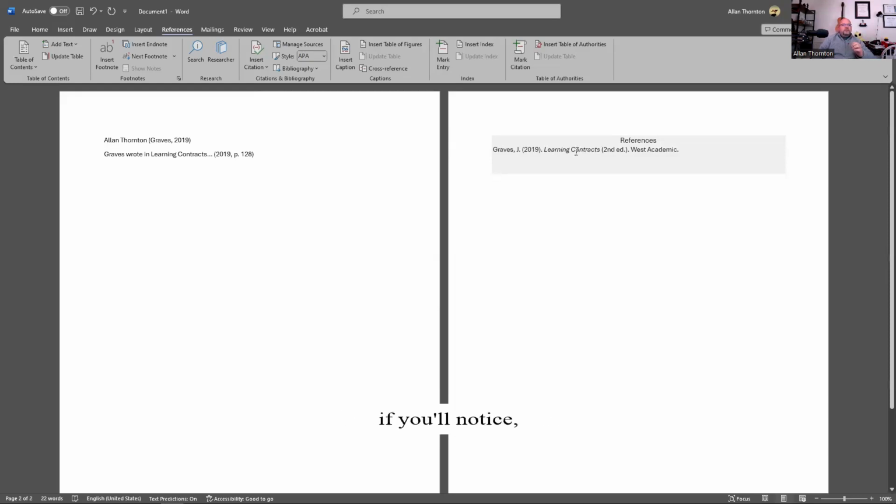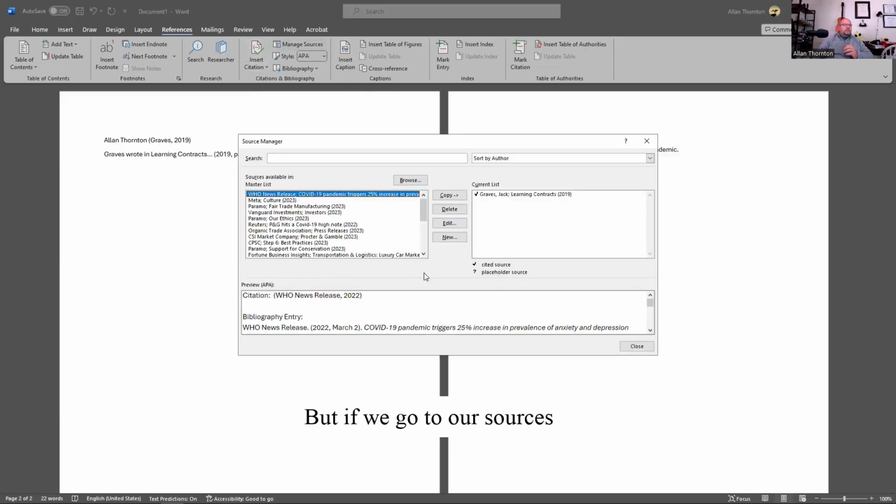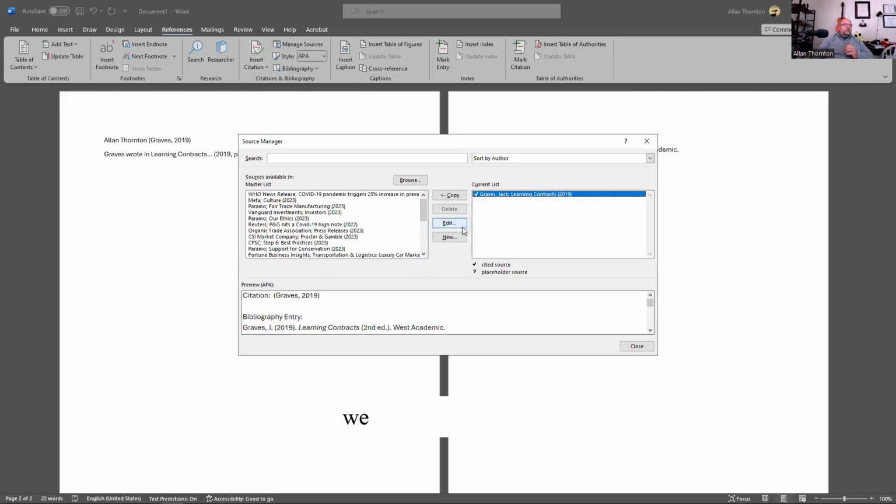Now, if you'll notice, there's something wrong with this. And this is something I messed up on. All right. So we need to go back and look. Why is this printing the way it is? Now, we could simply just lowercase that C, but if we go to our sources and we click on this source